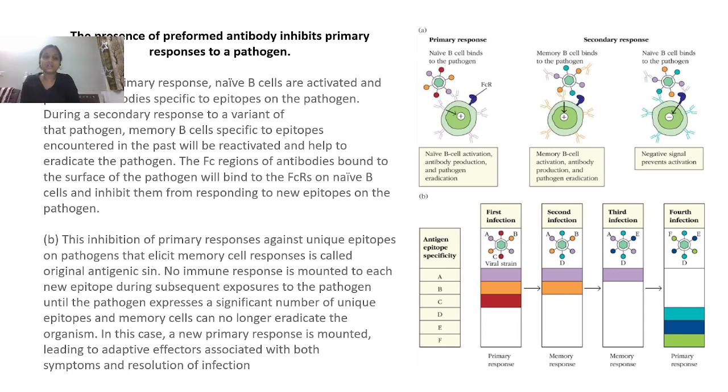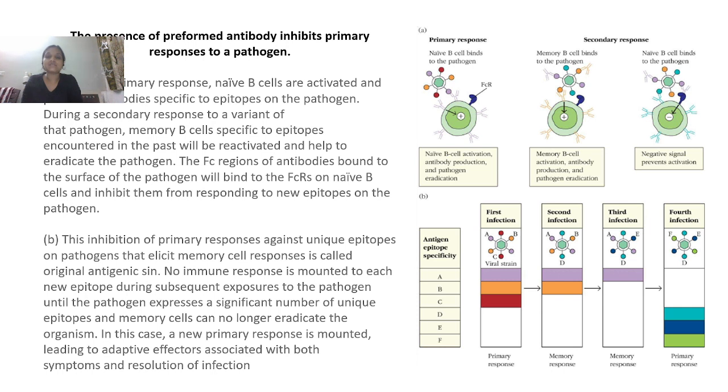So for example, here you can see there is a primary response. There are two types of response: one is the primary response and the other is the secondary response. So here it is a new B cell. First time the pathogen is coming. So new B cells or naive B cells are activated and they produce antibody specific to these epitopes present on the pathogen. And that same, during a secondary response to the variant of that pathogen,